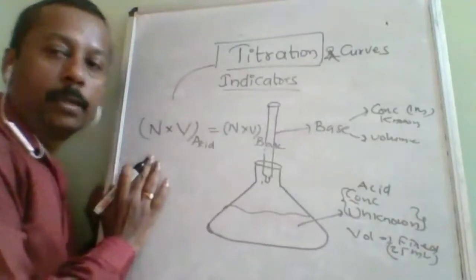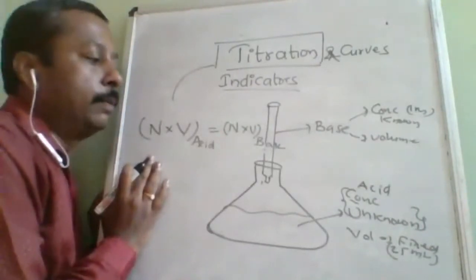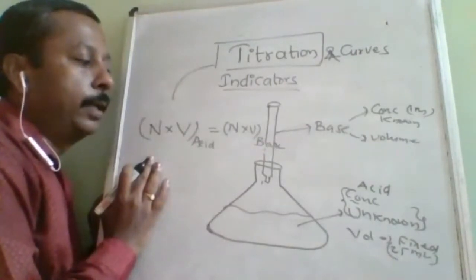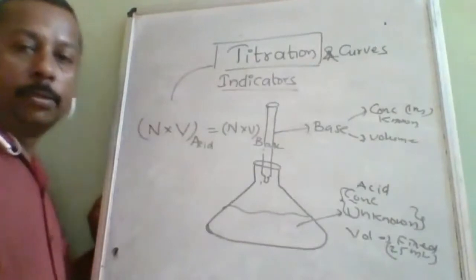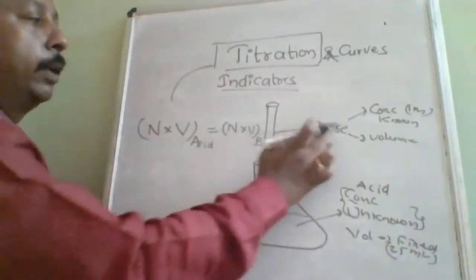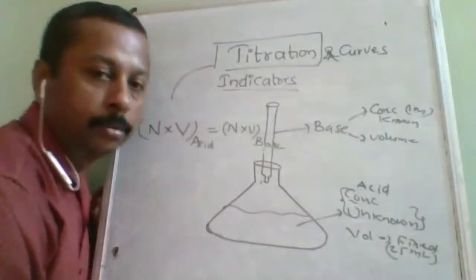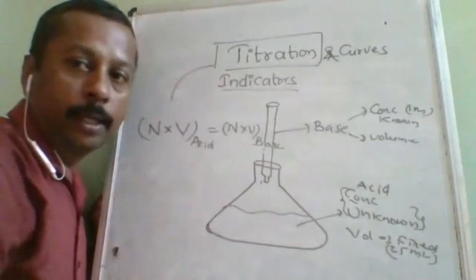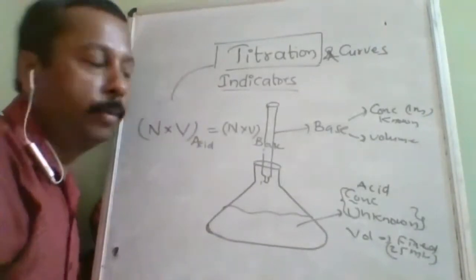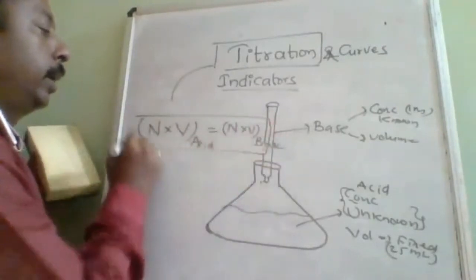Okay, so there are two parts, titrate and titrant. The substance which is used is called the titrate. The substance whose concentration is unknown is called the titrant. Okay, so there are two parts. Like here we are using a base to find out the concentration of the acid, so they are separated as titrate and titrant. Understood?